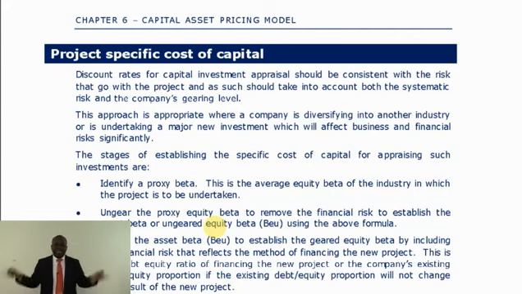If the examiner says asset beta, automatically that asset beta measures only business risk, irrespective of whether the company is geared or ungeared. So if you don't look at the terminologies well, you might be doing your own thing. If I give you the asset beta, it's already ungeared. You don't have to ungear it again. But if I give you equity beta and it's geared and you want business risk, then you would have to ungear. Now, let's go to the next.